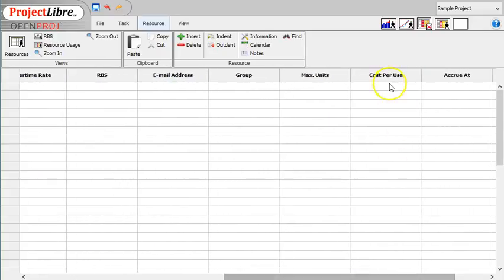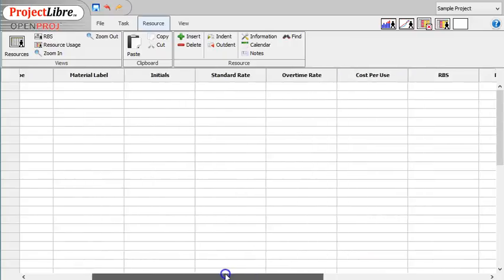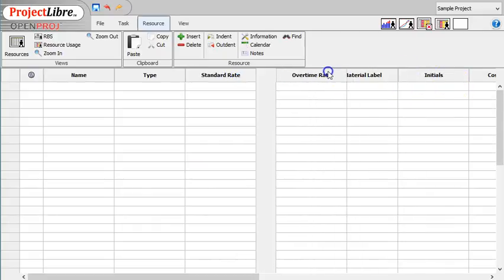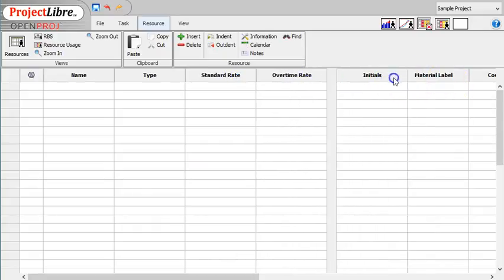You can see, or cost per use if we're talking about materials, etc. Okay, so I'm just going to move this standard rate and overtime rate up here, and initials. Okay, so I'm just moving it along. Okay, so I'm going to work on this project. So I'm going to put in my name,